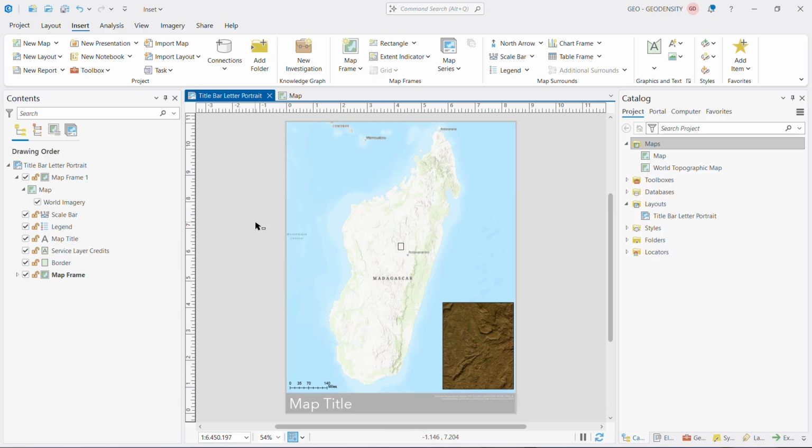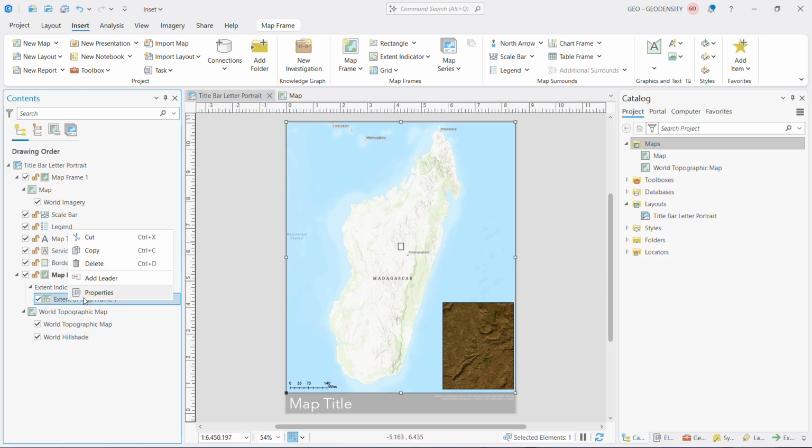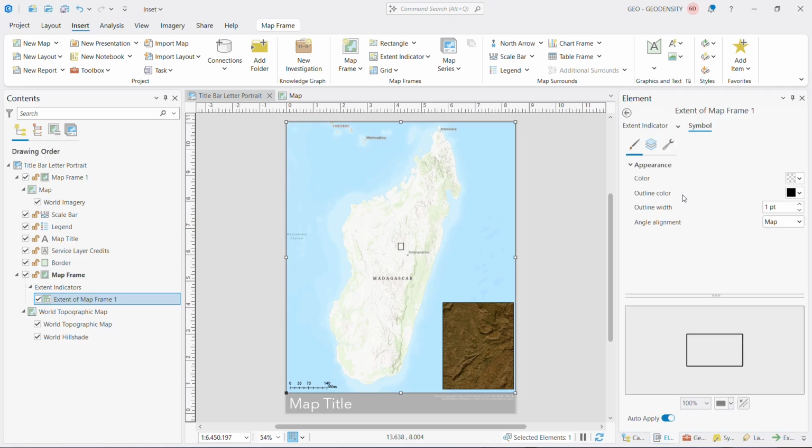The first one is changing the format of the indicator box. To do this, select the map frame where the indicator box is located, go to the Content pane, and look for the Extent Indicator element. Under this, you will find the Extent element used for configuration. Right-click on it and select Properties. Here you can change several settings like outline color, outline width,